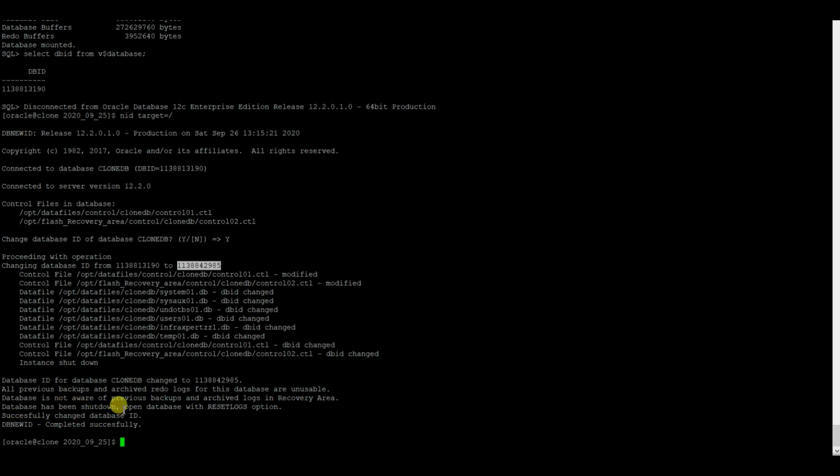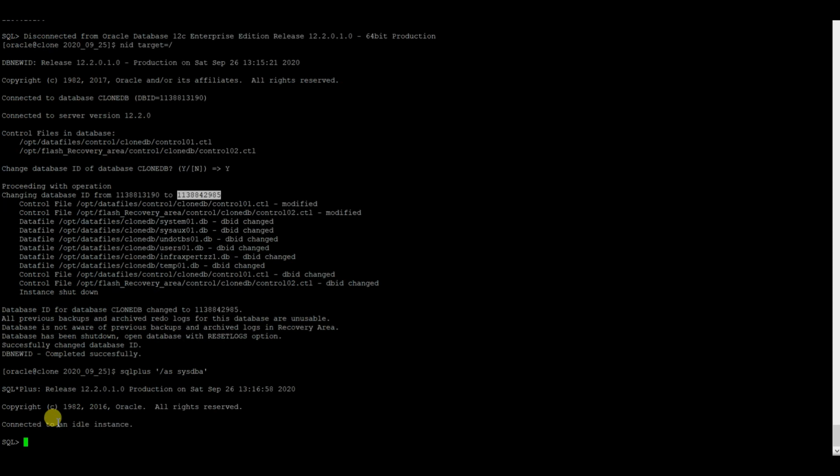Database has been shut down. Open database with resetlogs. So you need to open the database with resetlogs. Connected to an idle instance.